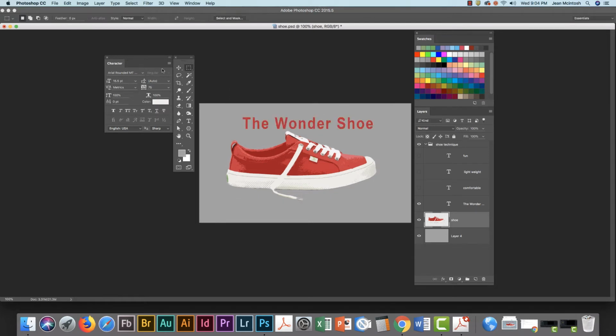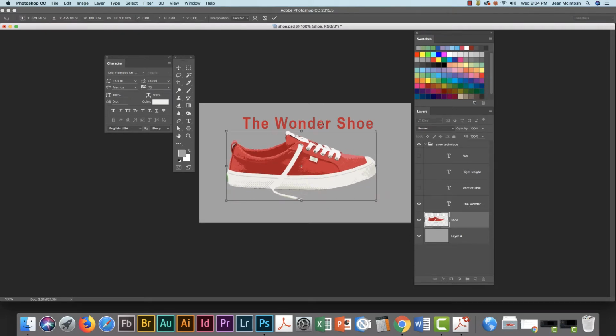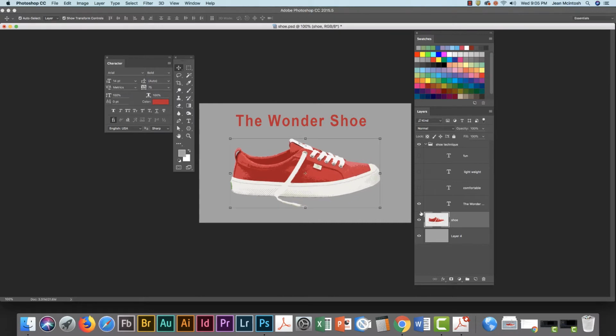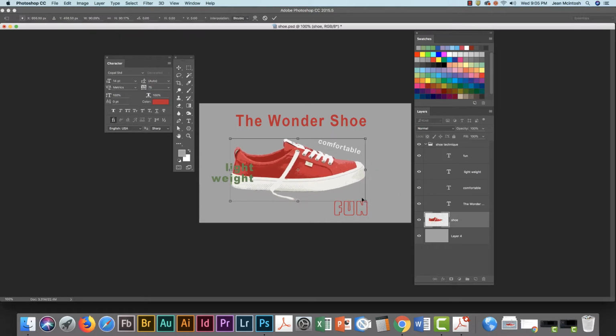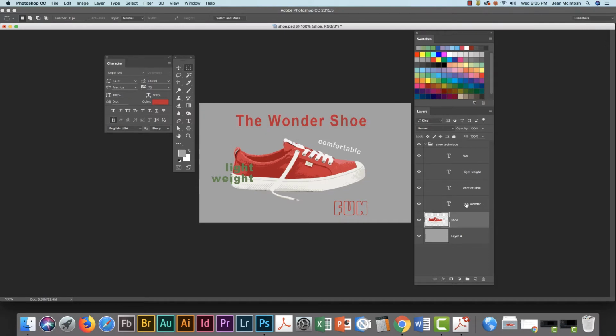I've just come up with a little title for my shoe, the Wonder Shoe, and get that there. Move the shoe down a bit, and then I have 3 words that I've come up with. So I'm just going to talk about how to work with those. And my shoe is still a little big, so I'm going to make it a little smaller. There we go. So the first thing is I have my basic, I'm just giving my little graphic a title,